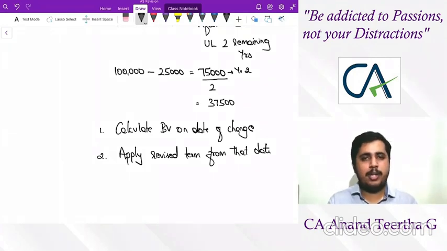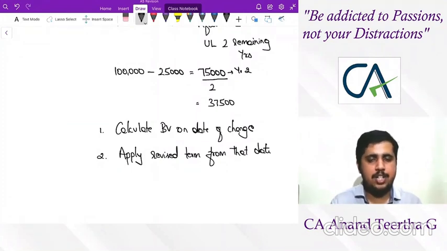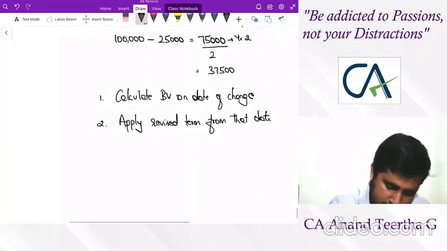So remaining how many years? Consider that and apply the revised value. So that's how you have to consider the prospective change if it happens for an asset. Then after this,